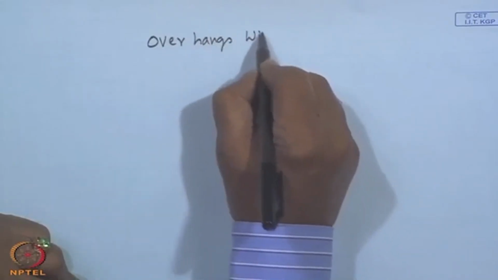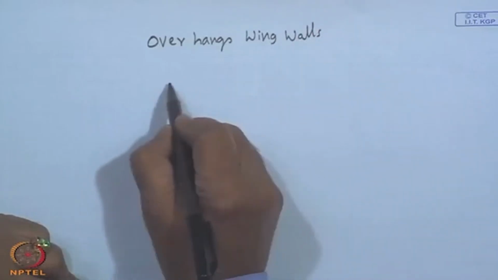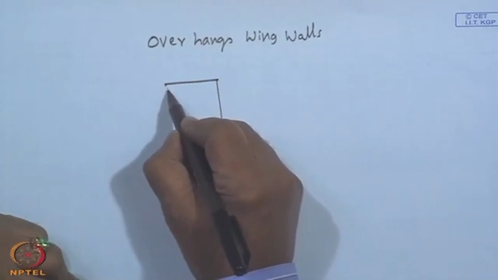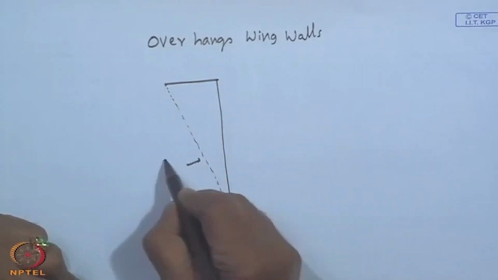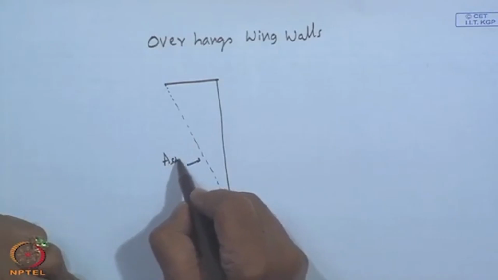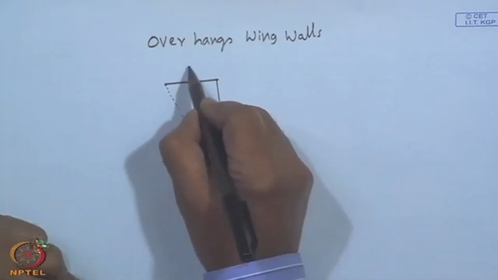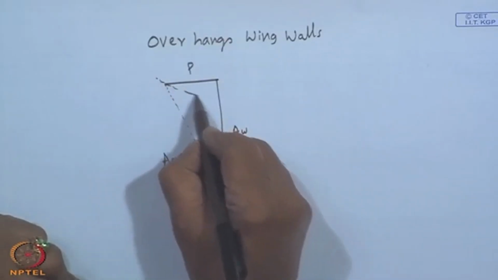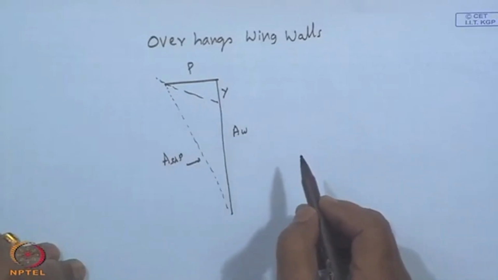and wing walls, and introduced the concept of the shading plane, which joins the edge of the overhang to the base of the window of area A. SHP, AW is the window area, P is the projection, the sun's ray will make Y. These relations have been given, and